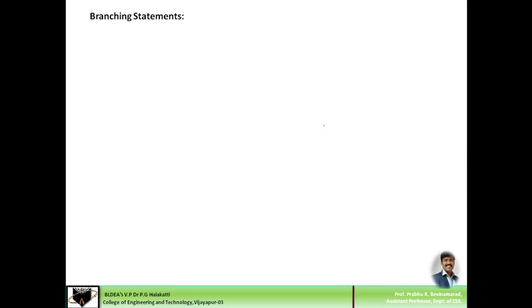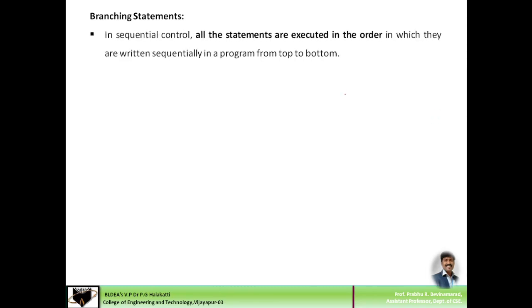So now, we shall understand what are the different conditional branching statements available in C. But before this, let us define formally what is meant by branching statements. Normally, a program will be executed in sequence, right?